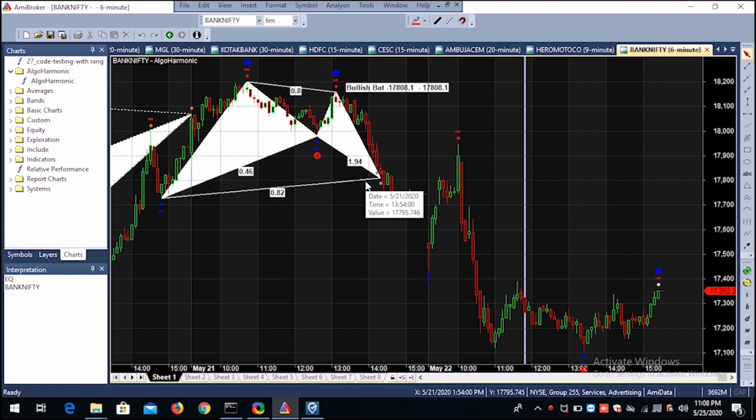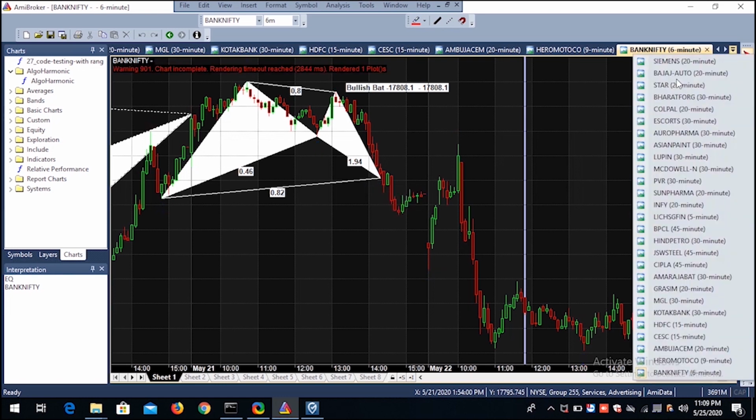So it takes a lot of time to generate a call. It is not that if you add 10 stocks in your list you can expect 10 calls. Out of 10 stocks, it will generate only 1 call in a day, or maybe not. So this is why this is a very powerful strategy. It does not generate any false signal or send any false alert.